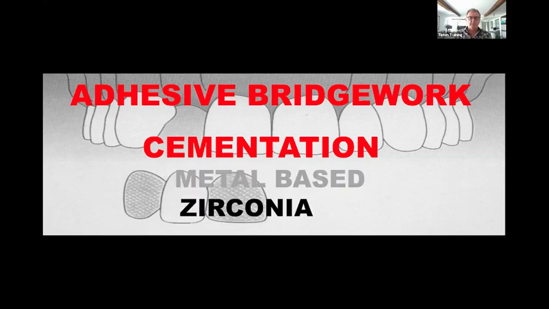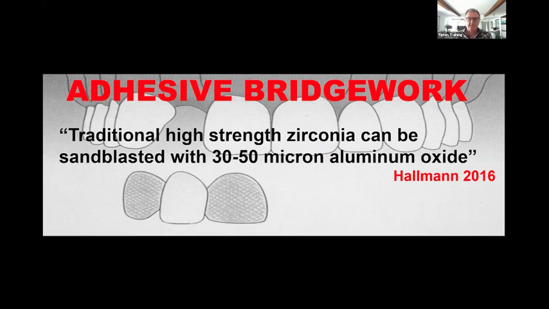Now, the more recent ones, the more difficult ones, comes with zirconia. And it's only just recently that we're able to start bonding zirconia pretty well. Now, what do we know about zirconia? Can we sandblast it? Well, yes, we can. And we're going to sandblast it with a different grit size. Now we're talking 30 to 50 micron. Zirconia comes in different forms. If you're using the translucent, which I wouldn't advise, then that's less amount. That's a smaller grit size. That's now 10 to 20 microns. But if we're using the standard zirconia, then it's an opaque material, nice and strong, okay, 30 to 50 microns